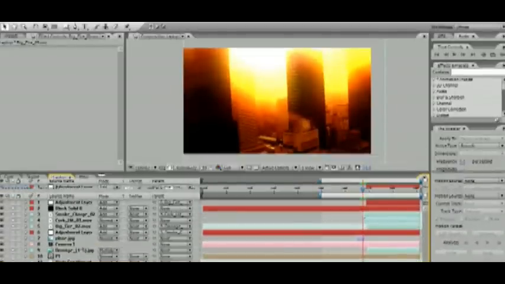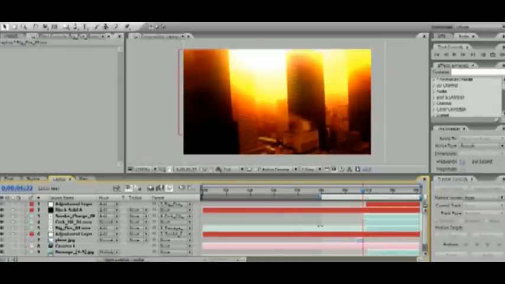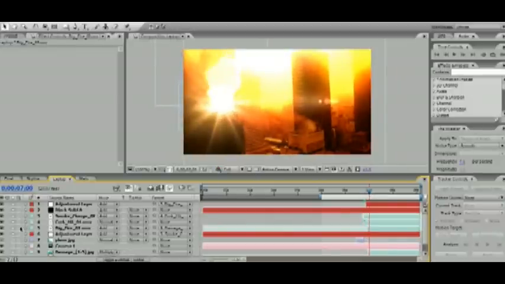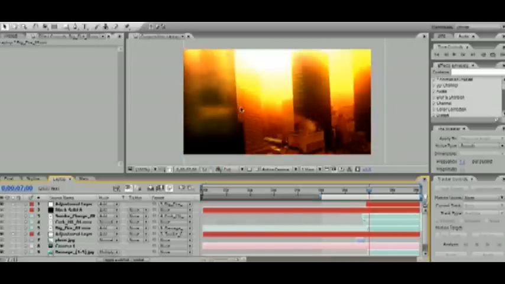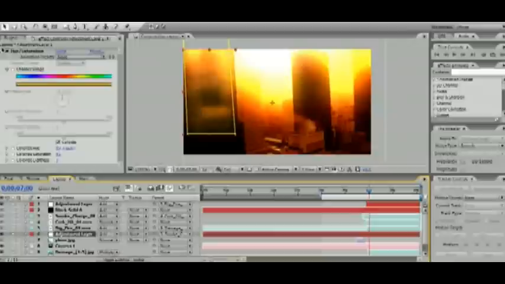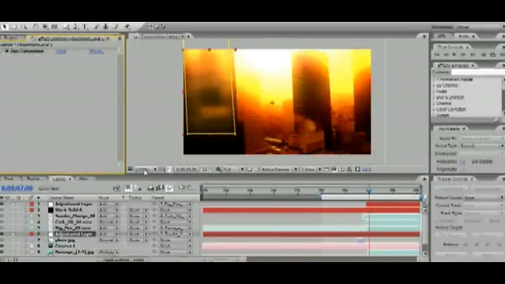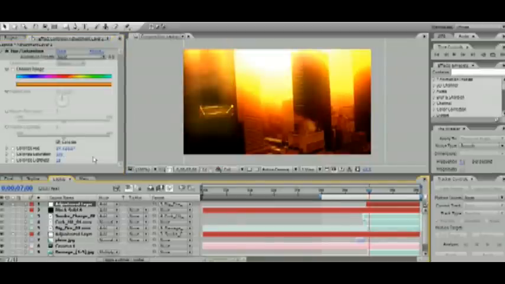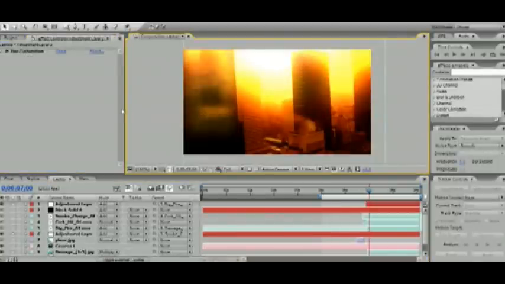Oh, one more thing. I added in some adjustment layers, as you can see. If I turn off, you see I have some orange glow here that I set to add with the adjustment layer. Use hue and saturation, nothing big. For the explosion, I use hue and saturation, and then for the fire adjustment layer, which is slightly smaller, I also use hue and saturation. So nothing too complicated for the adjustment layers, but once you put it all together,